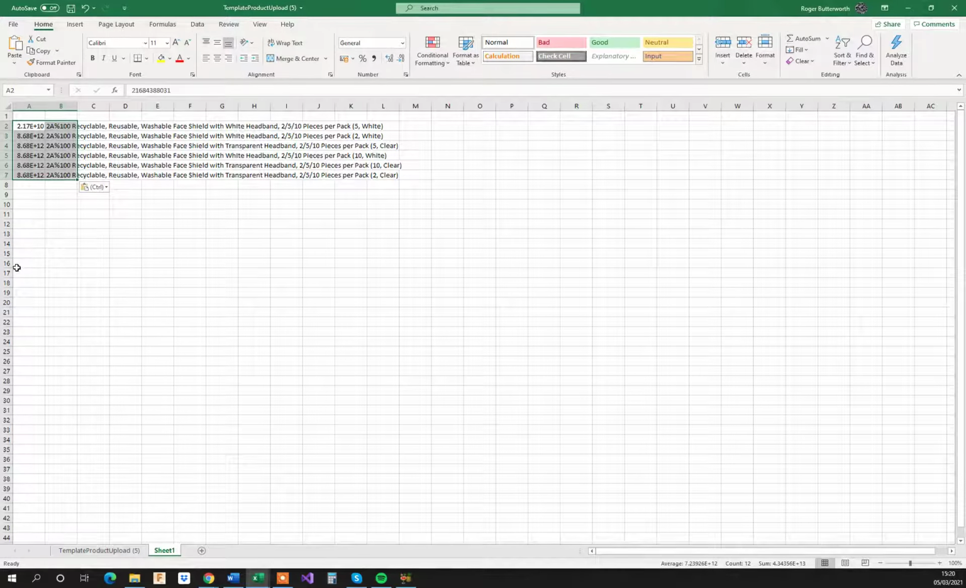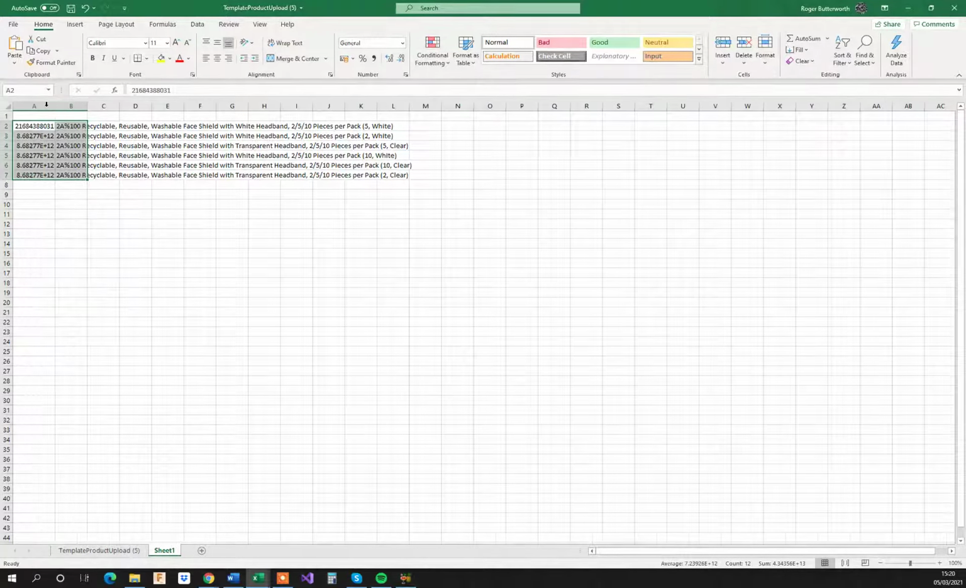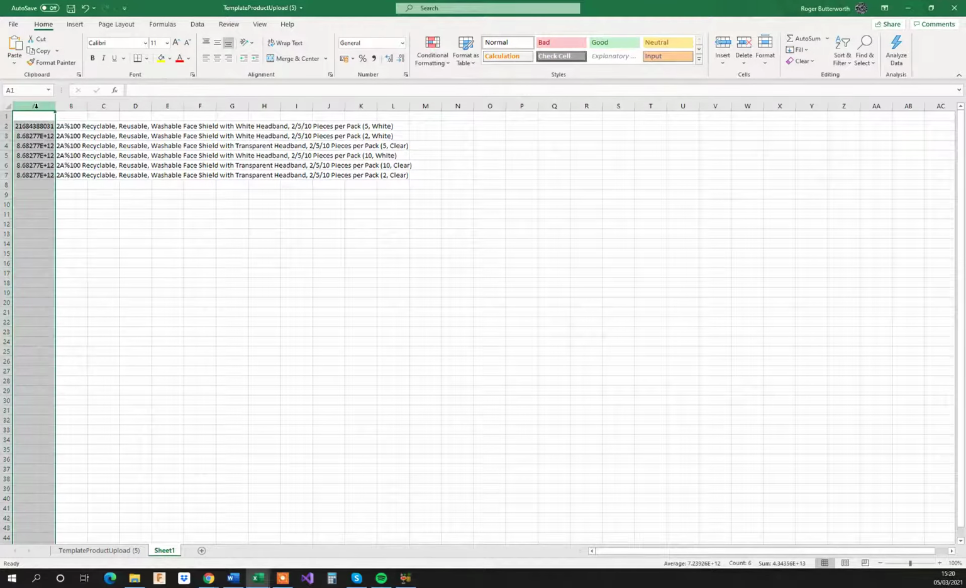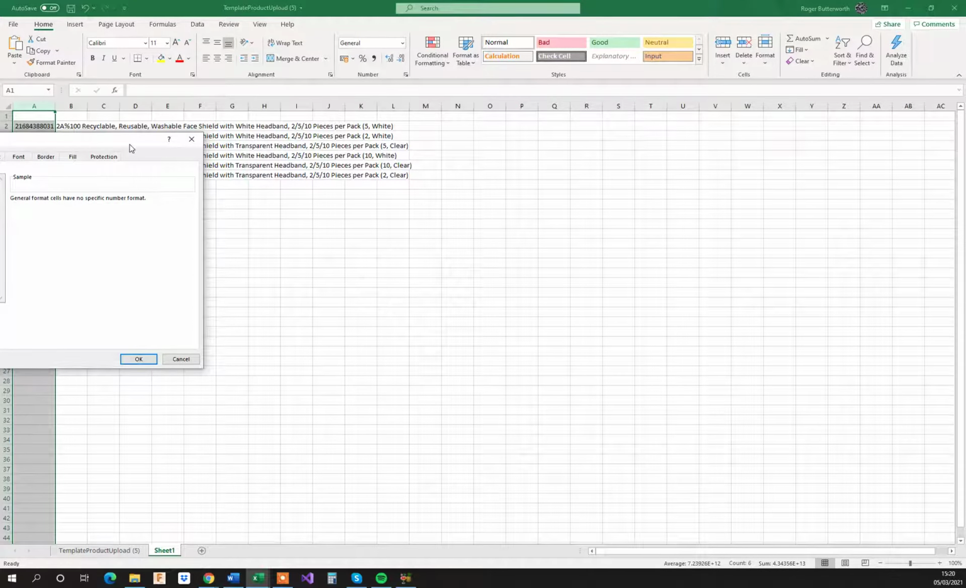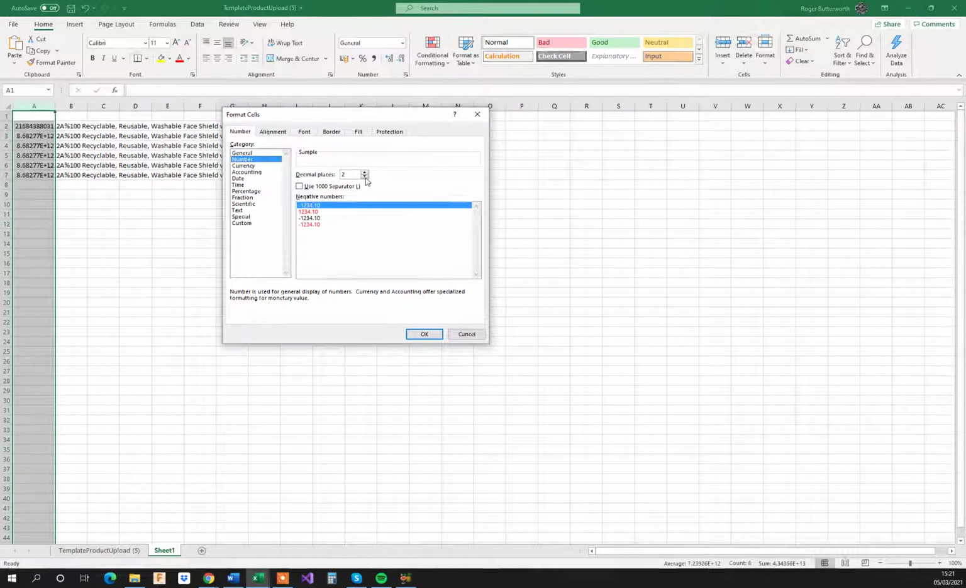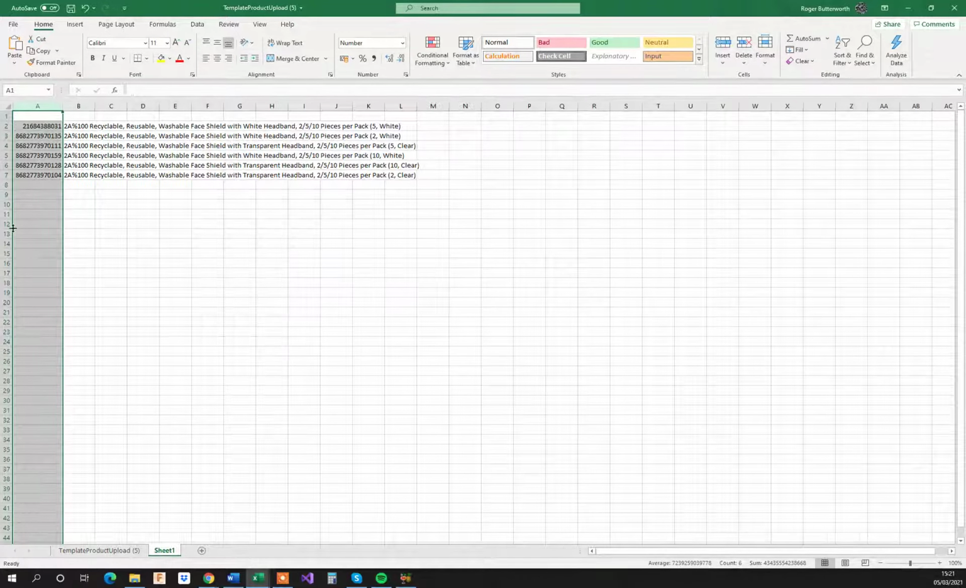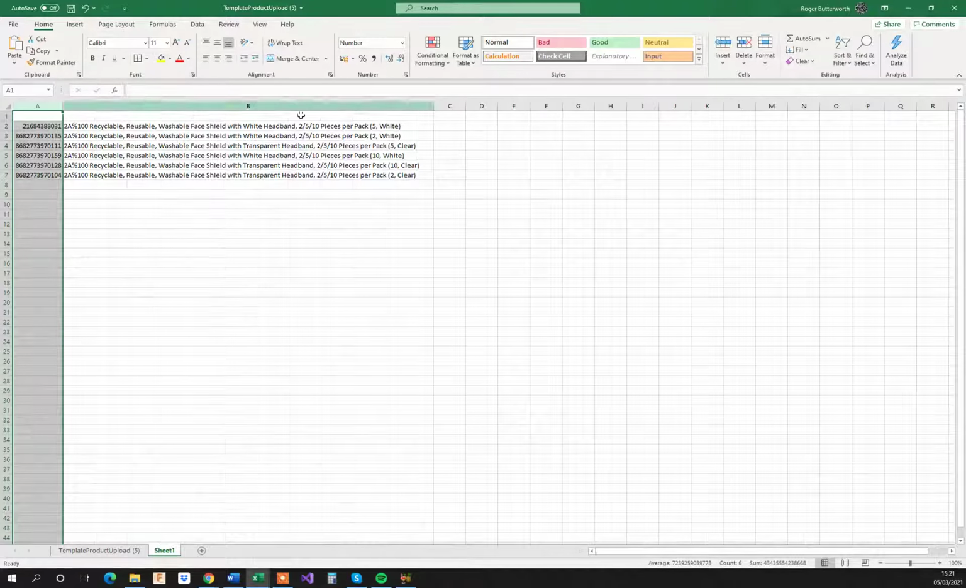So all I have for each of these products in the data is the name and the EAN code. The EAN code has been turned into scientific notation because it's just a big number. So first of all, I'm going to turn those back. I'm going to go into format cells. I'm going to tell it that's a number with no decimal places, and that gets rid of the scientific notation. And I'm just going to open up so that the product